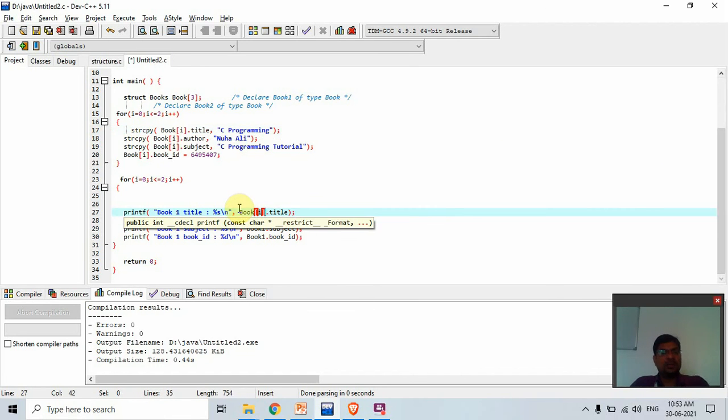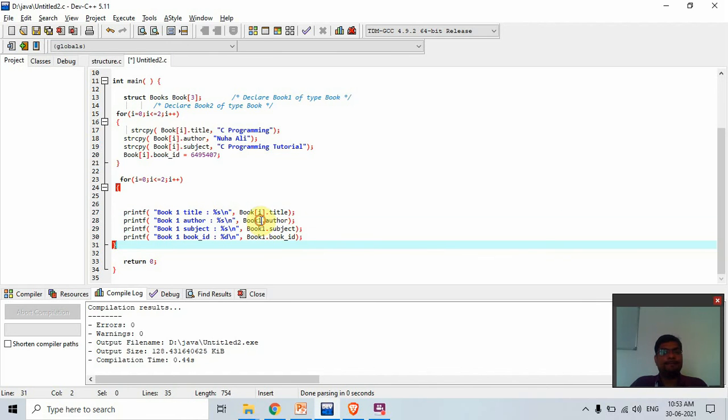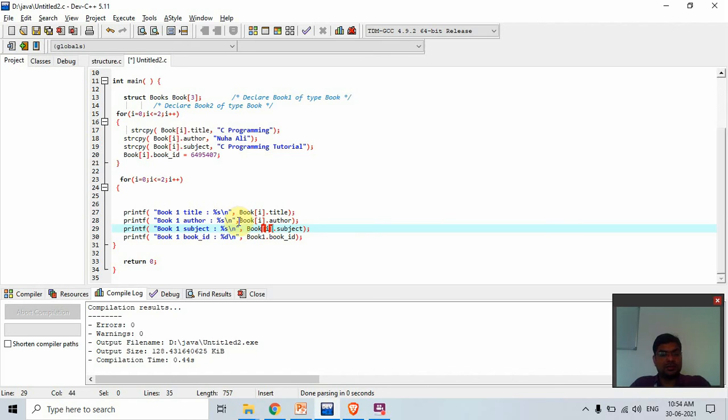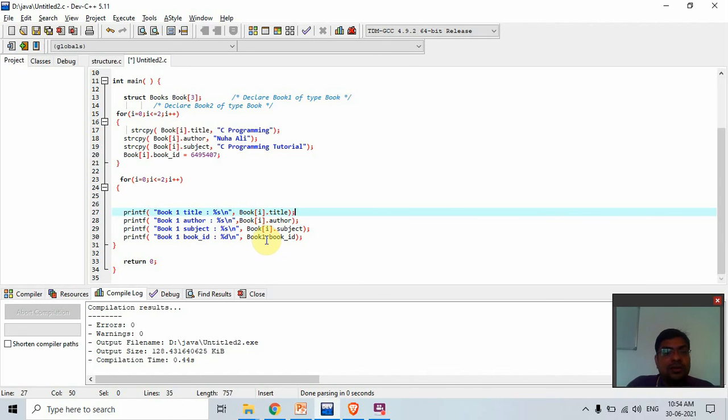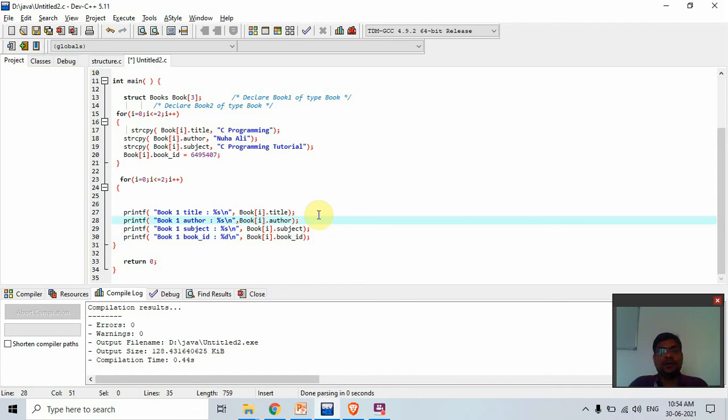It is working like a simple array. So many times you create thousands and lakhs and crores of variables, then it depends on your memory. If your memory is capable, then you can create them in your database.